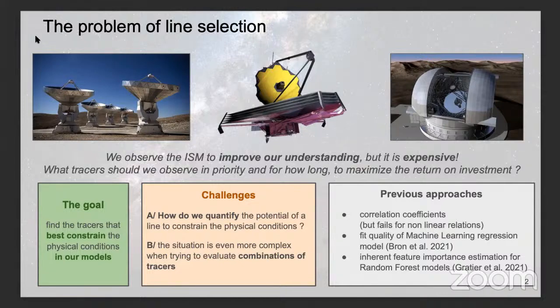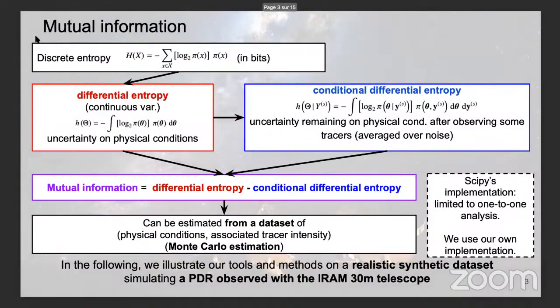But of course, correlation coefficients will miss anything that's not linear. We have proposed some previous approaches, but those relied on specific machine learning algorithms. And so they would only work if the machine learning method learned correctly and was able to fit the trend in the data. Here we are proposing a very general approach that relies on an information theory concept, the concept